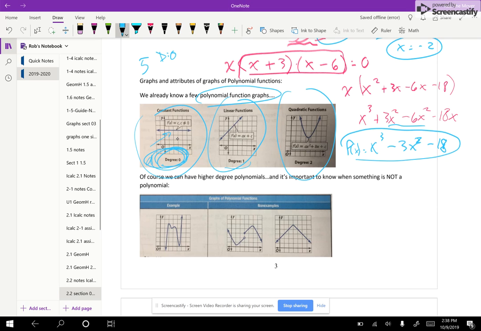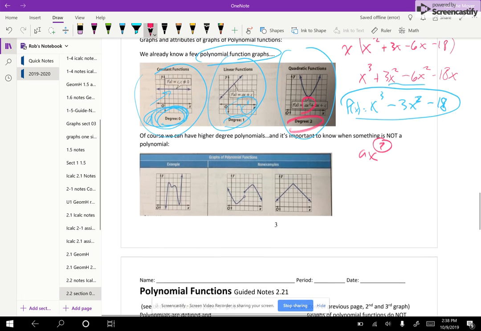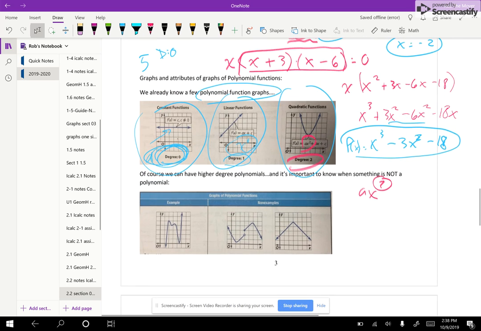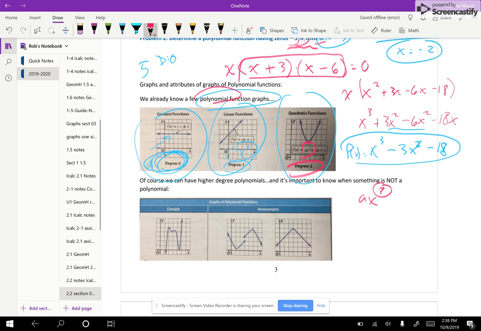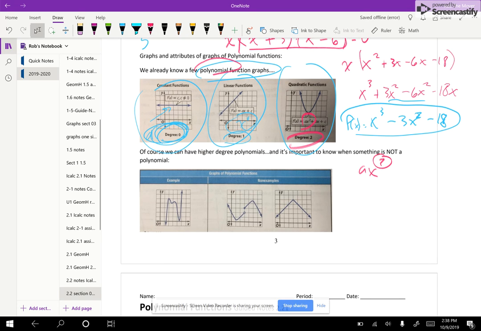Okay. Linear functions have a degree of 1 because you have an x to the power of 1 inside of it, right? And if you had a quadratic, that would be a leading term of some a multiplied by x squared, so 2 would be the degree, right? So we know all those already. Those are examples of polynomial functions that you already know about. Some other examples, some non-examples,